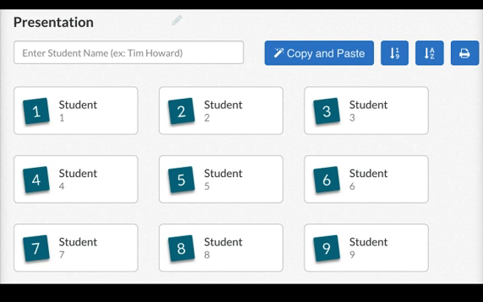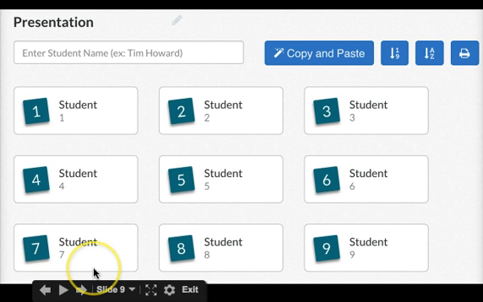Here you can see I have set up a class, and I just for these purposes titled my class presentation, but it's very easy to add students in. So to add more students, you just type them in, and I typed mine in student 1, student 2, student 3, because I like the idea of being able to share the data with the class so that they can see collectively where they're at in their understanding without them being able to see who answered right and who answered wrong. That's not necessary for the students to see. We don't want to make anybody feel uncomfortable. So I typed them in, student 1 and 2, 3, and so on, as you can see.